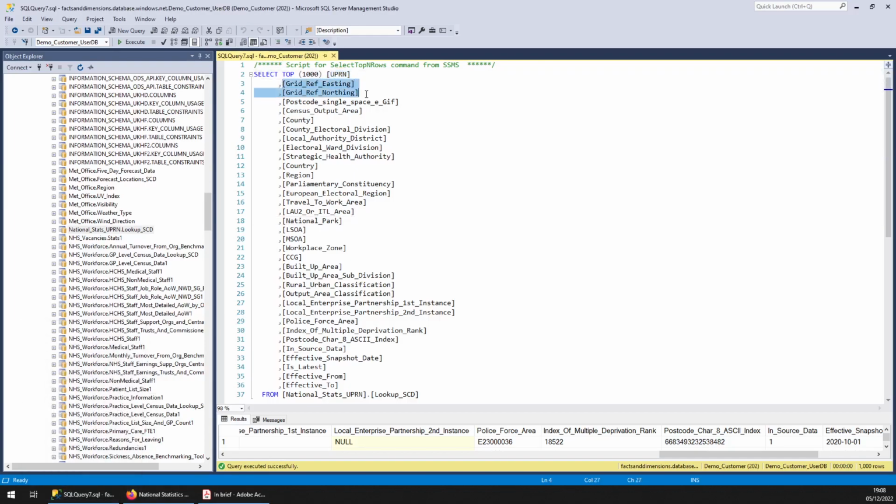The location of it, easting and northing, that's exactly where the UPRN is, the postcode it belongs to, and various other things like the county, the ward, region, LSOA, MSOA. Also, interestingly, it has index of multiple deprivation. If I just bring one up now,